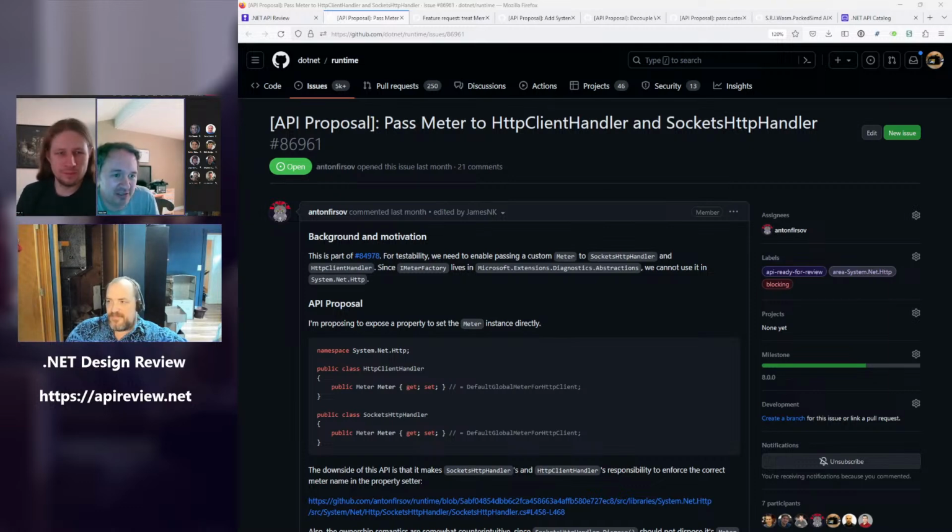I'd even be fine with, I'm still fine with Meter, but I think Stephen raises a fair point. There's certainly the possibility in the future that we would say, oh, it turns out there's a second one we want to plumb through here as well. There's also, for me, to Eric's point, what are the patterns that we tell the ecosystem to do? The simplicity of, if you care about this, take an IMeterFactory is much nicer than, generally you should take an IMeterFactory, but in these other cases that we're having trouble actually putting the squiggly lines around, you should take a Meter instead.